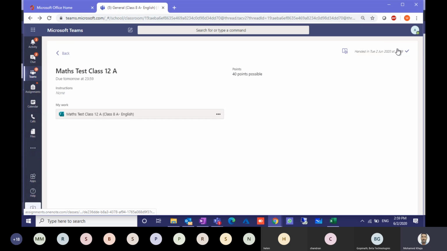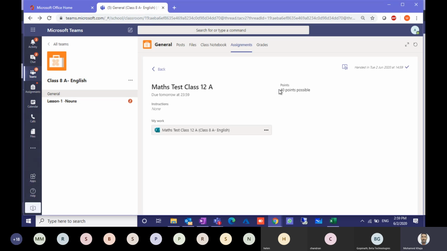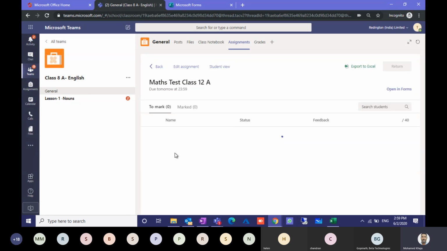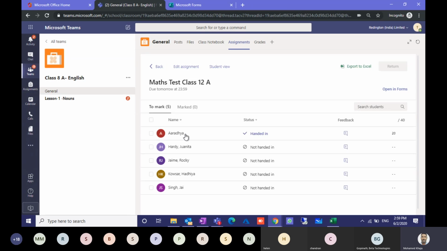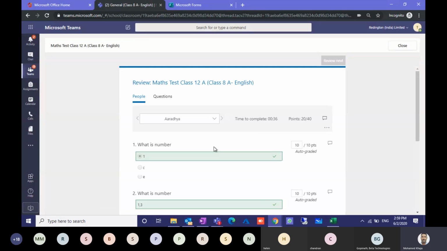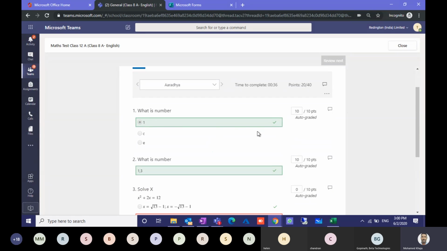Okay, this is how it works. And see here, there are no points provided for this student for this assignment. When the teacher posts the result, then only the student will view it. Now here, as usual, like an assignment, you will see who has completed this quiz. When you enter inside, you can see it is auto corrected and the points are given here.